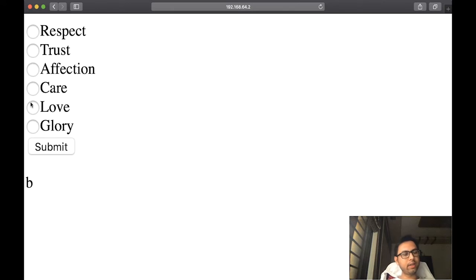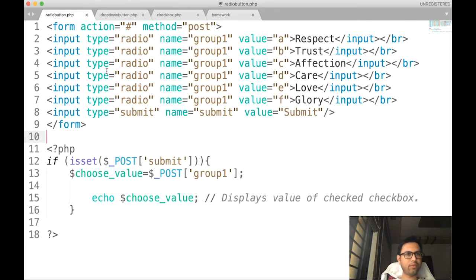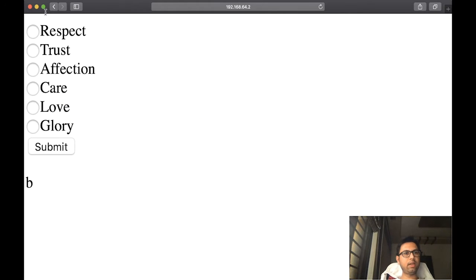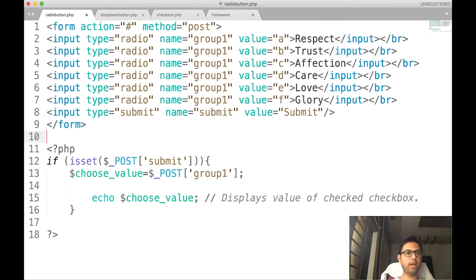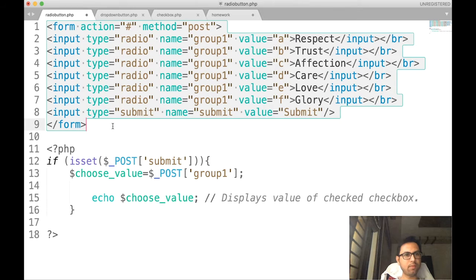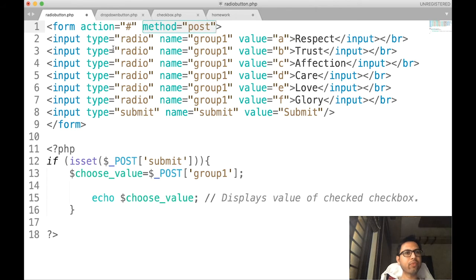So how can we get this kind of output, let us see. First of all, as you can see here, the HTML part contains this much only. For that, we created a form in HTML. Over here we are using the post method. You are already familiar with the method now. We created some input buttons of type radio and having the name group 1.